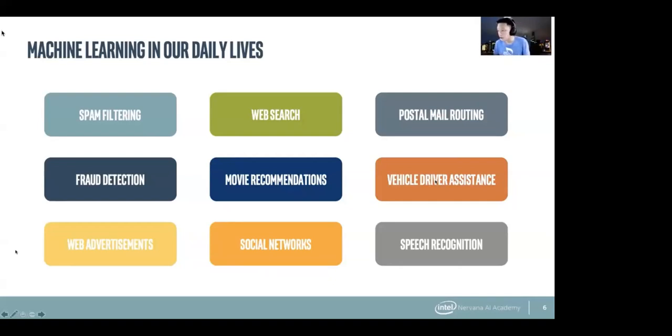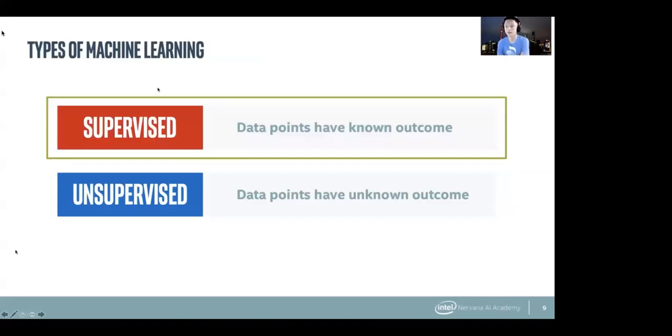If you think about vehicle driver assistance, trying to detect things in your blind spots when you're driving, or maybe even self-driving cars, fraud detection, is anyone swiping your credit card and trying to steal money from it? Web search, how does Google know how to give you the results that are most relevant to what you're looking for? And so on. There are so many complicated problems that are now solvable using machine learning methods that it's becoming almost an essential skill to have. So let's dive in.